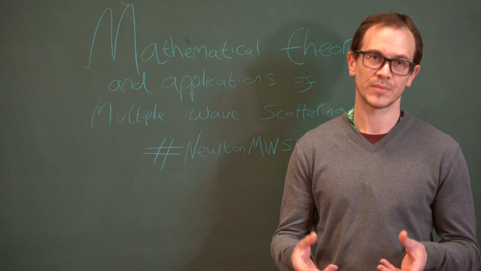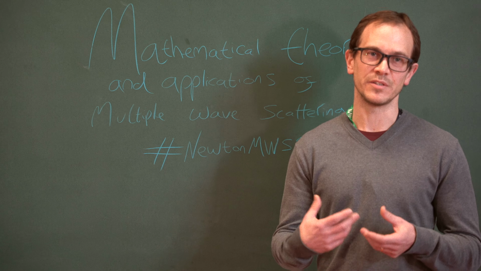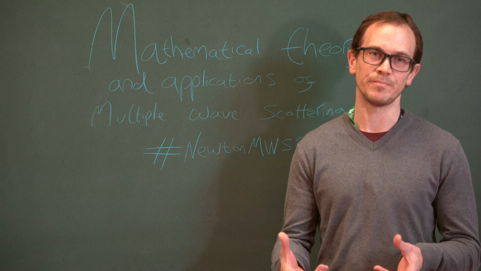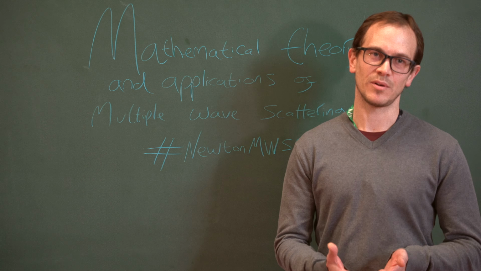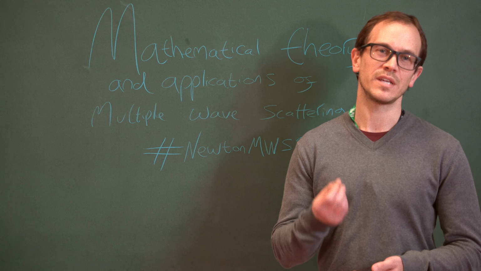Often, there are a large number of very small bodies, and the multiple scattering of those bodies collectively creates a new composite medium. The classic example of that is Bragg scattering of X-rays in crystals, where you get very high